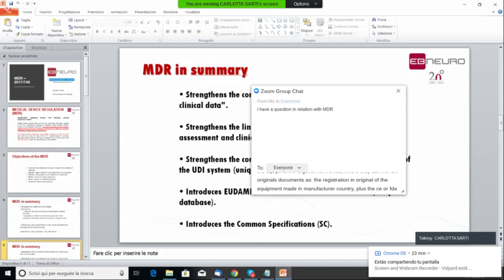So the MDR also changed all our labels in the future because it introduced the new concept of device traceability with the creation of the UDI system, unique identification of the device. It's this.